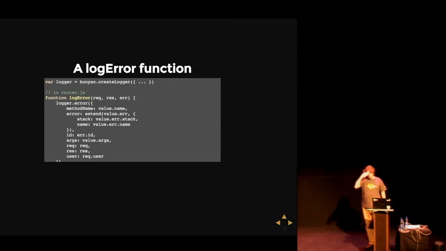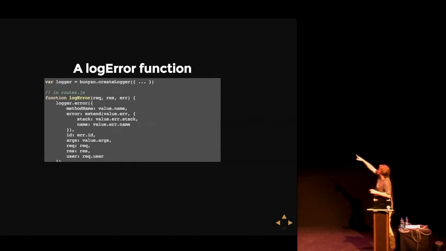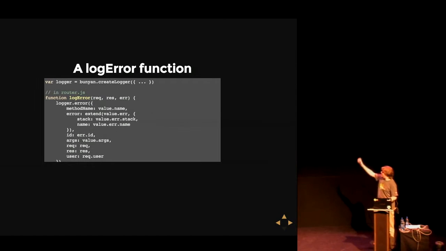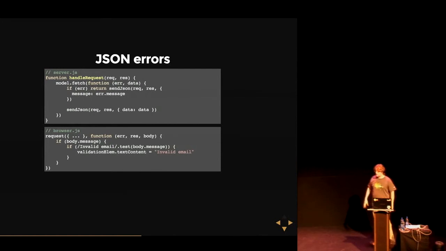One of the things with error handling that's going to trip you up is that error objects in V8 don't cleanly JSON serialize. You have to shallow copy the error and then shallow copy the stack and the name on it, and that's frustrating. So as part of using Bunyan, it has nice serializers, so you can configure it so that when you print a request, it prints just the subset you need and some nice computed properties. Okay, so that's just the error strategy.